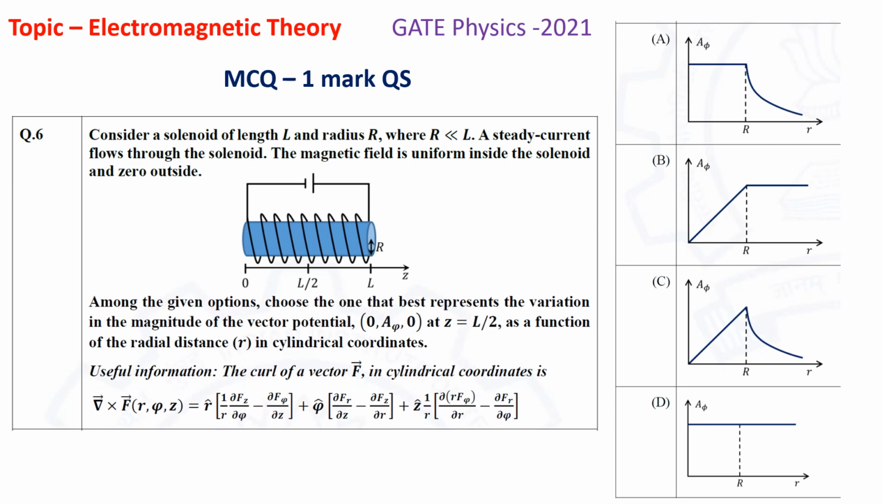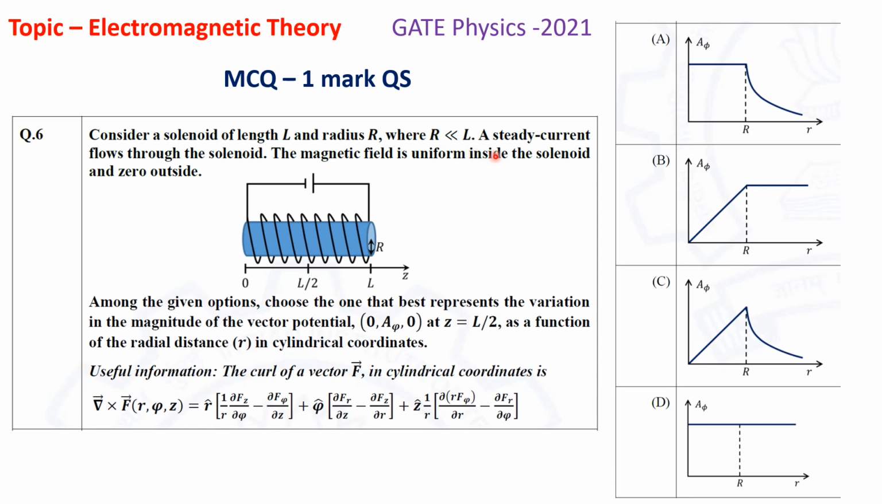This question is from the GATE Physics paper 2021. This is an MCQ type question having 1 mark, and the question was asked from the topic electromagnetic theory. The question is: consider a solenoid of length L and radius capital R, where capital R is very much less than